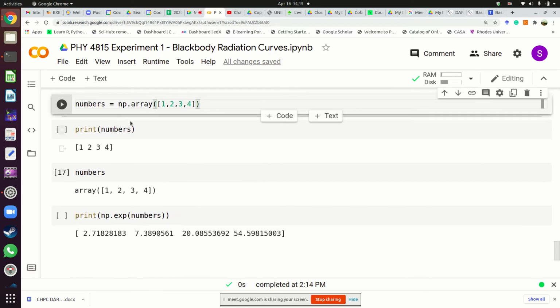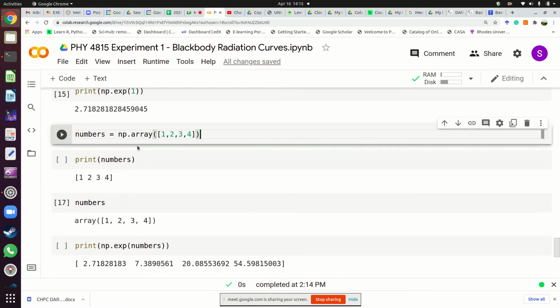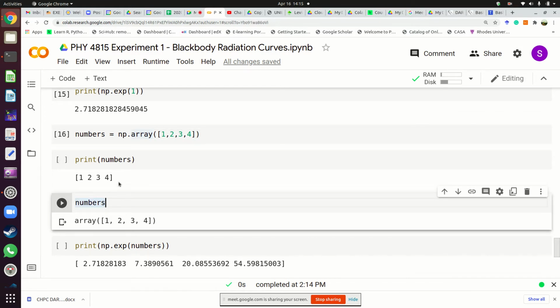Okay, so last week we talked about the number e and also the exponential function in the math module, but we realized that the one in the math module would not be able to help us do what we want to do. We want to produce a lot of numbers, and we cannot produce those numbers one by one. So we need a way